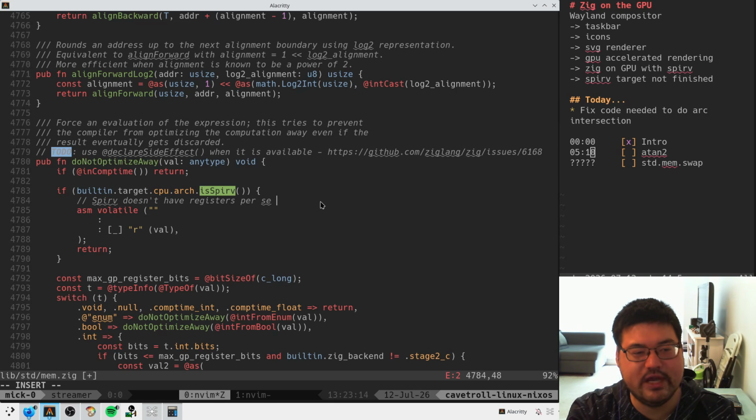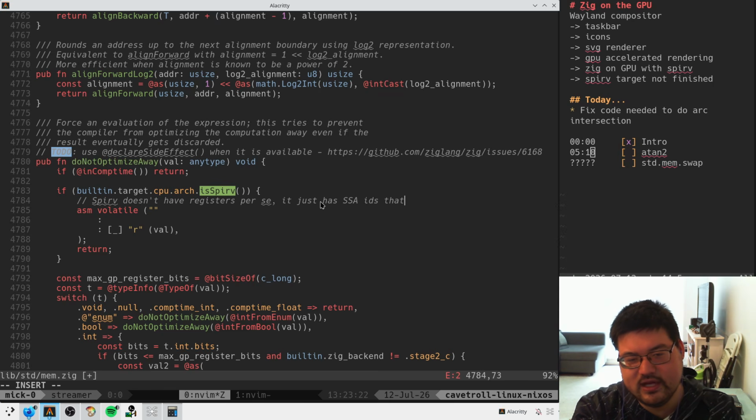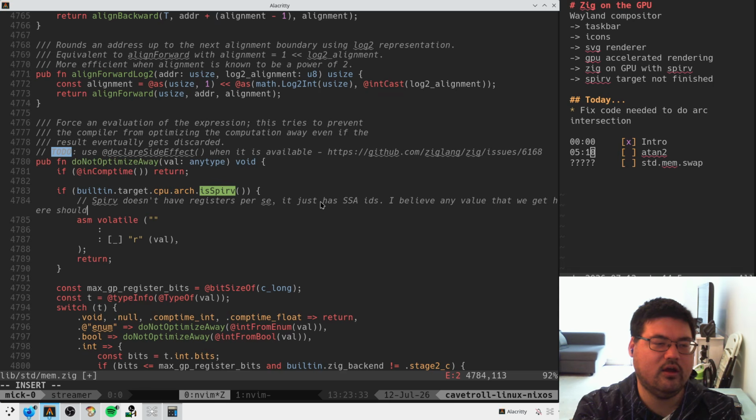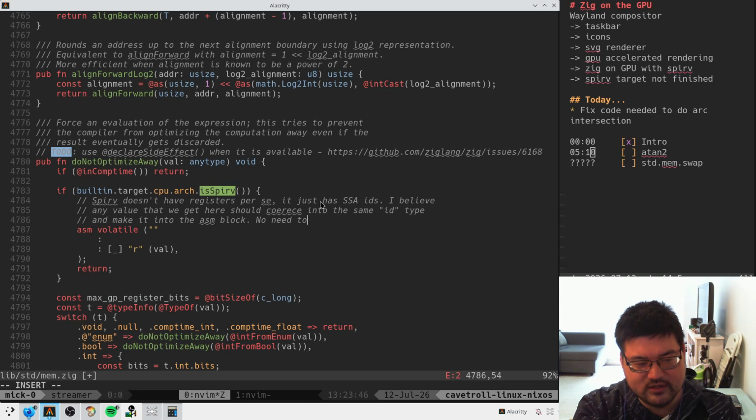SPIR-V doesn't have registers per se. It just has SSA IDs, I believe. Any value that we get here should coerce into the same ID type and make it into the assembly block. No need to do any fancy checks. I guess theoretically,